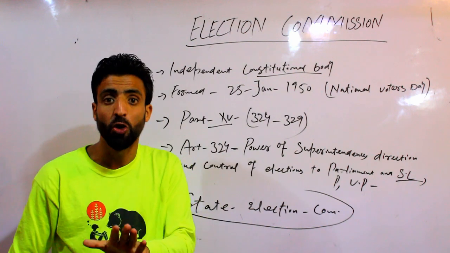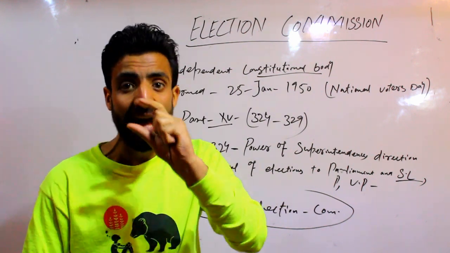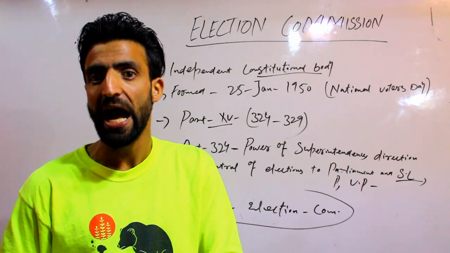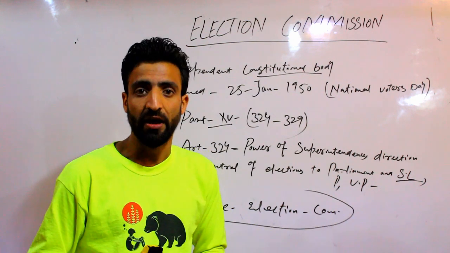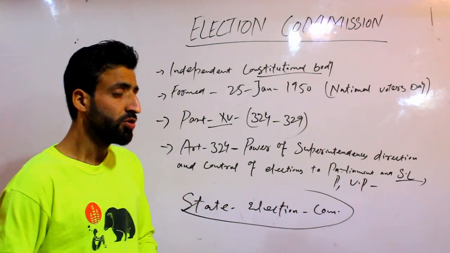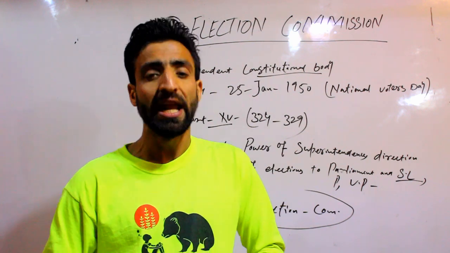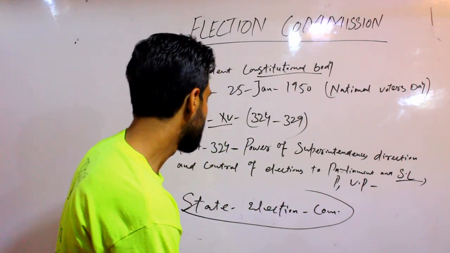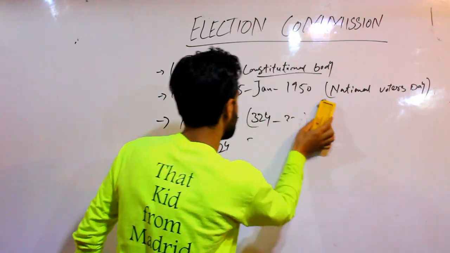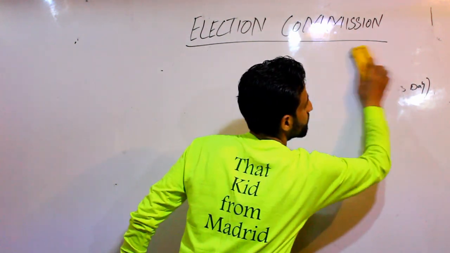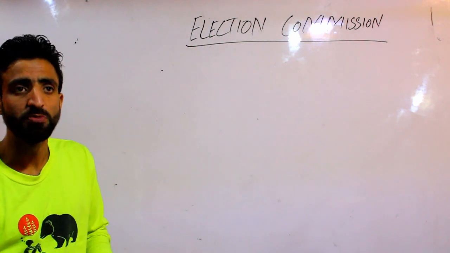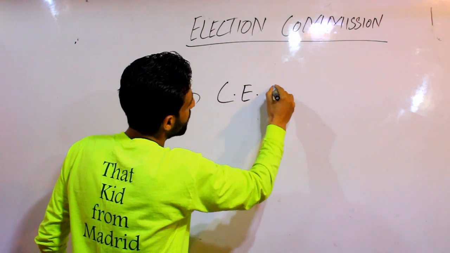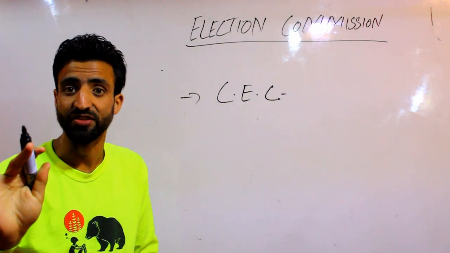ठीक है, स्टेट इलेक्शन कमीशन का क्या काम है? To supervise and direct the elections of local bodies, for example municipalities का या पंचायत का। तो इसी तरीके से जो Election Commission of India है, इसका एक Chief Election Commissioner है और अदर कमिश्नर्स हैं। Chief Election Commissioner और अदर इलेक्शन कमिश्नर्स।